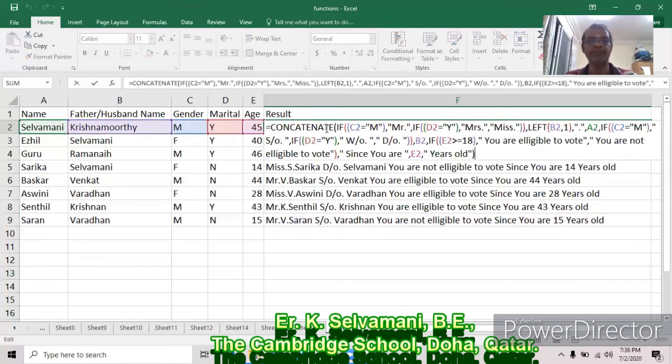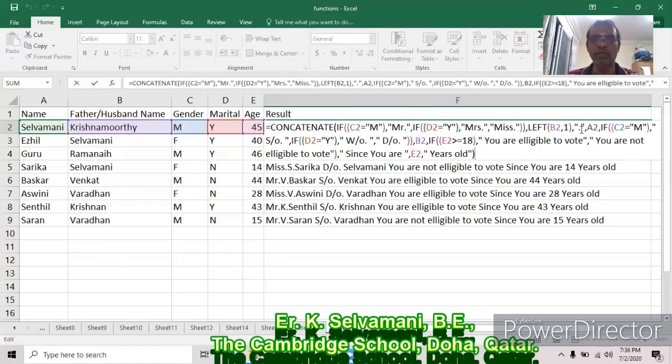Already I told you, don't be afraid seeing a very large, very big function. If you do it step by step, it will be very easy. First, find out this if, from year to year. First find out Mr., then Mrs. or Miss. Then go for the beginning of the function, type CONCATENATE, after that comma, LEFT B2, comma 1.